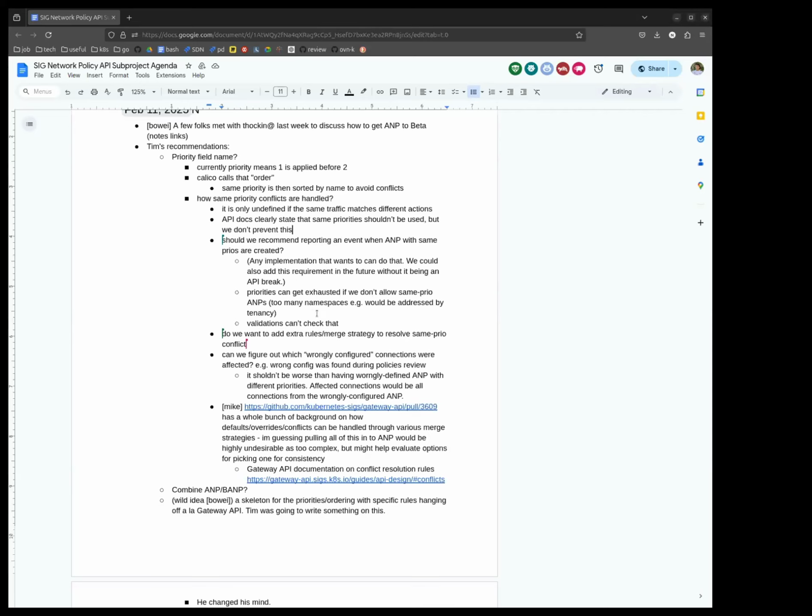You should never be thinking about what rule the network plugin is using to break ties. If you're at the point where you have ties to break, you've done something wrong.